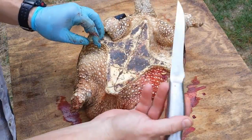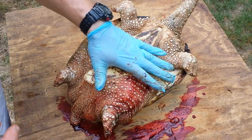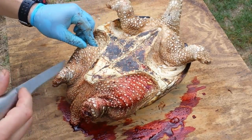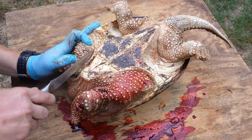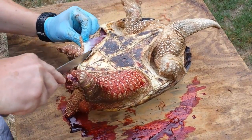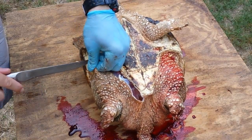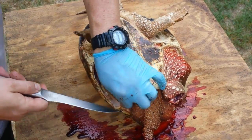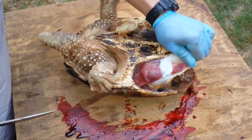Now, the basic process of skinning a turtle is basically to cut all the way around the shell. You want to separate the bottom shell from the top shell, and we're going to cut all along through here to get the skin off. So let's go ahead and get started here. You can see the ability to spin that turtle around really makes life easier. I'm just going to skin that back,